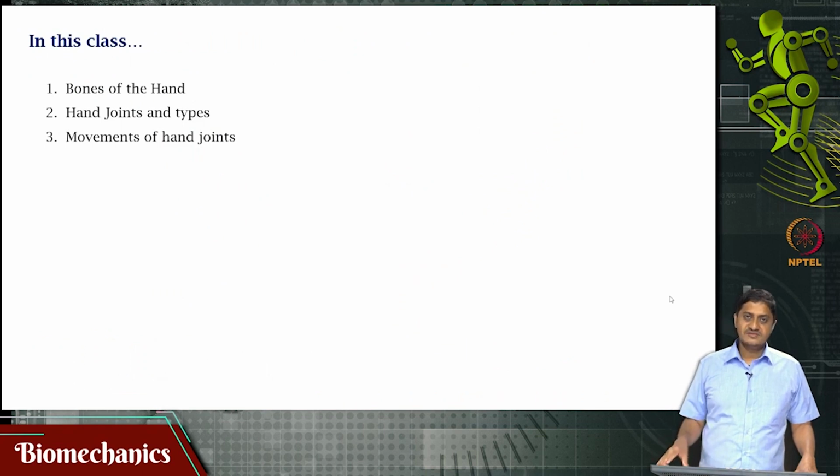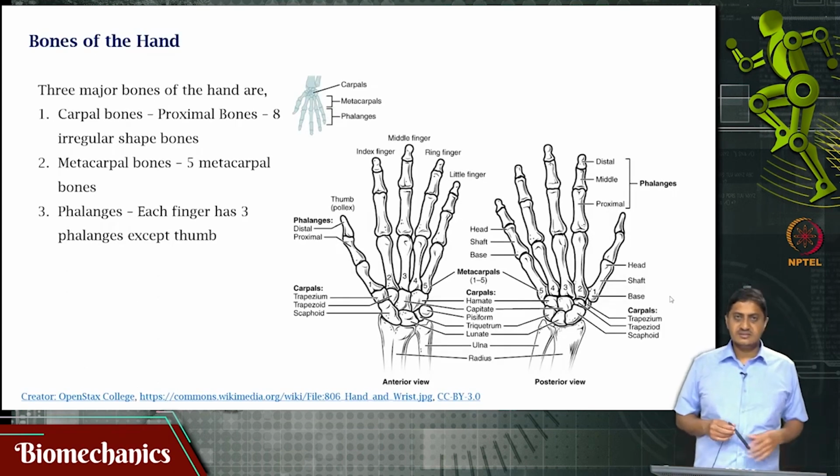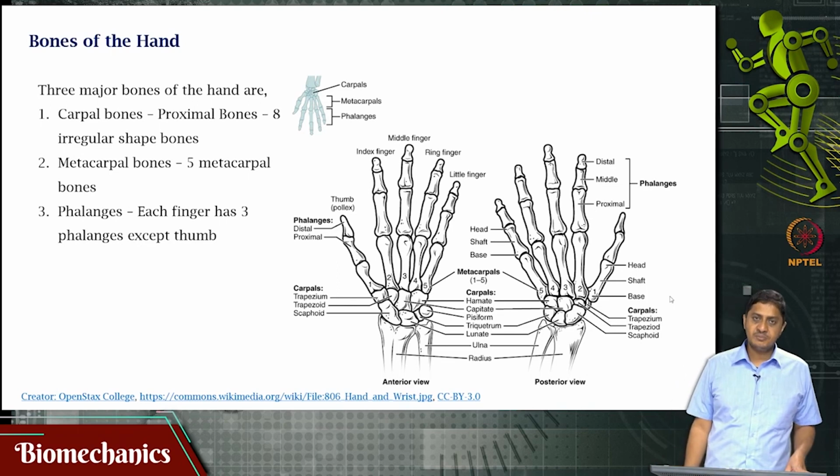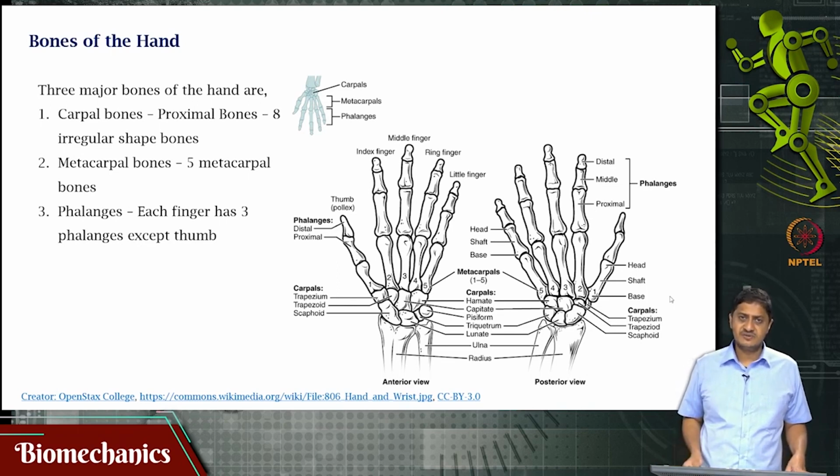In this video we will be looking at the bones of the hand, the joints within the hand, and the types of joints and the movements that are made by these joints. There are three major types of bones within the hand. The first is the carpal bones. These are the most proximal of the bones within the hand, and there are 8 of these bones, and they are not having any particular shape. They are irregularly shaped bones,